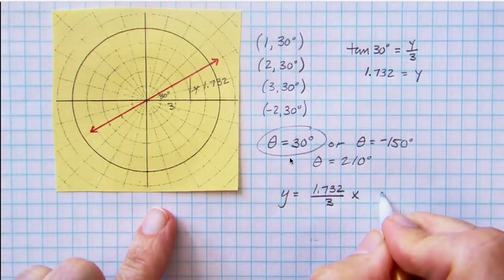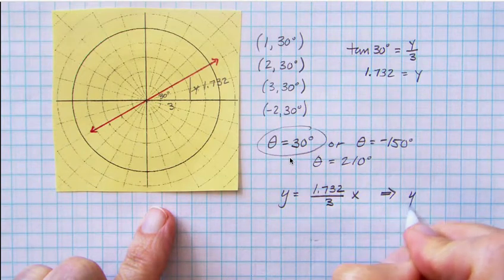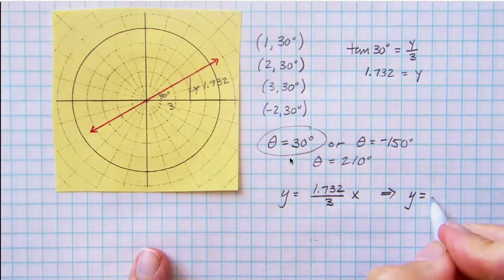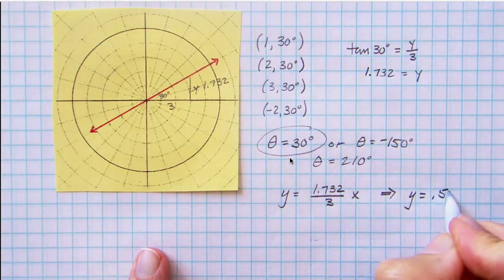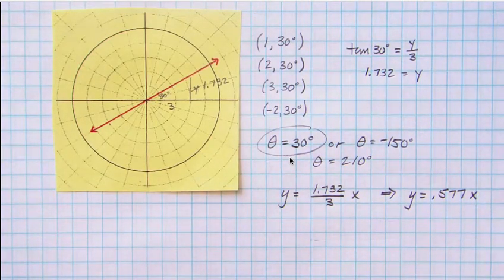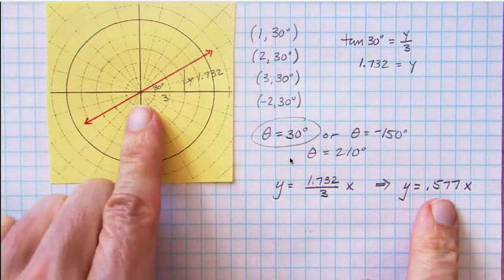So if you want to clean that up a little bit, you end up with y equals 1.732 divided by 3, 0.577